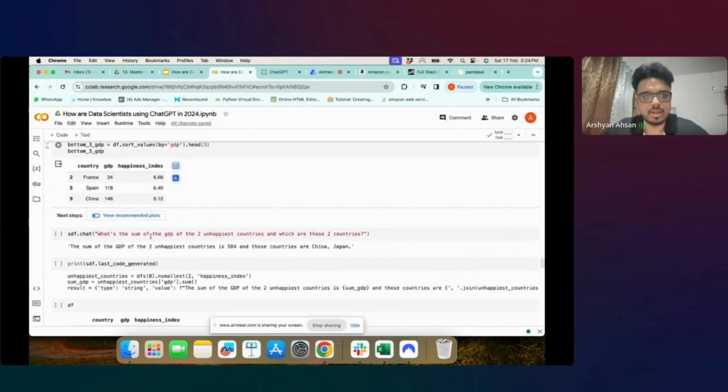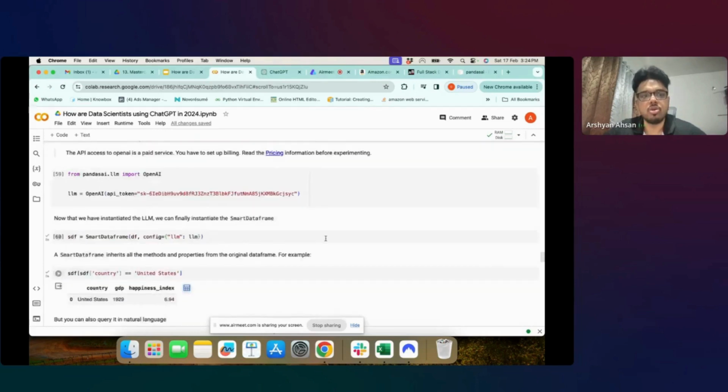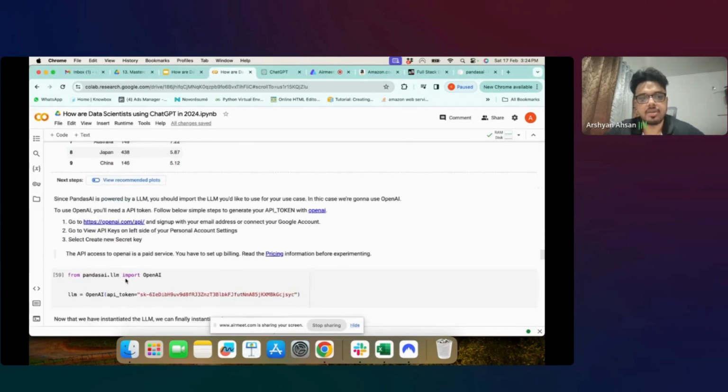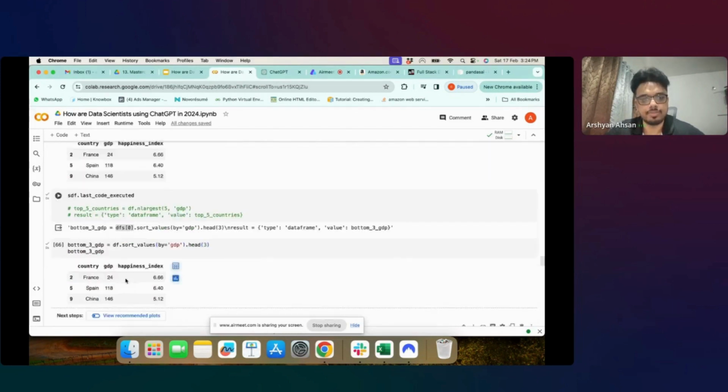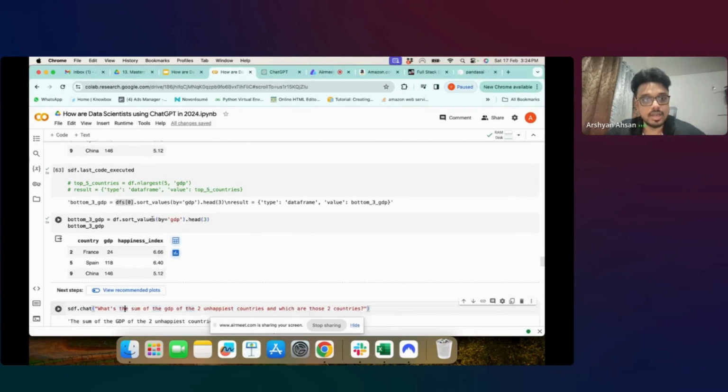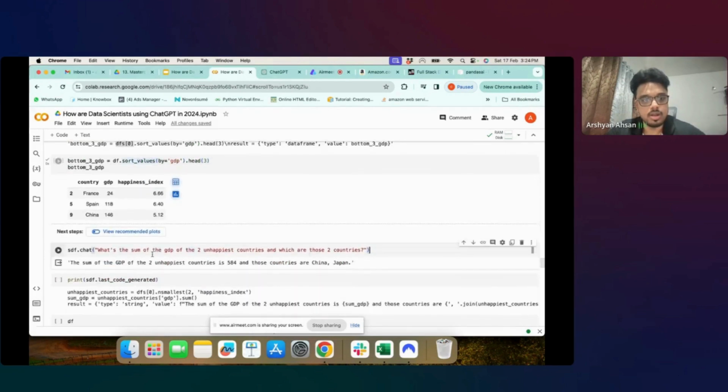थोड़ा सा कॉम्प्लेक्स ट्राई करते हैं। व्हाट्स द सम ऑफ जीडीपी ऑफ टू अनहैप्पीएस्ट कंट्री एंड विच आर दोस टू कंट्रीज। तो मैं बोल रहा हूँ कि सबसे अनहैप्पी दो कंट्री कौन से हैं एंड उनका जीडीपी का सम क्या है, ये बताओ मुझे। ठीक है। सो लेट्स टेक एन एग्जांपल यहाँ पे।